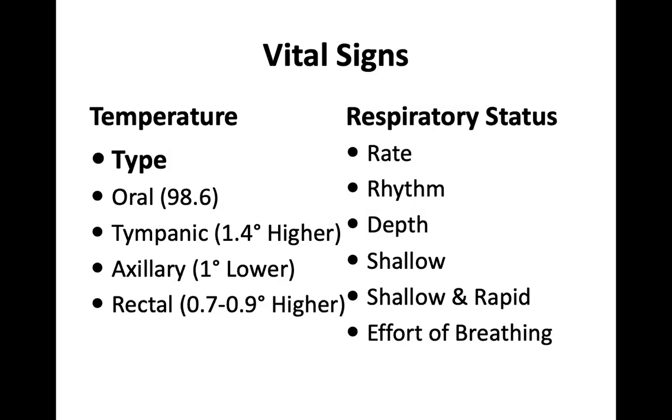So that's important. The depth is shallow and rapid. And remember, if it's shallow and rapid, they're probably trying to blow off something like their CO2. So, for example, in hyperventilation syndrome, it might be very shallow and rapid because they're worried, they're scared, they're in panic attacks. You might see shallow and rapid. But you might also see shallow and rapid in diabetic ketoacidosis, because what they're doing is they're trying to blow off some of their CO2.